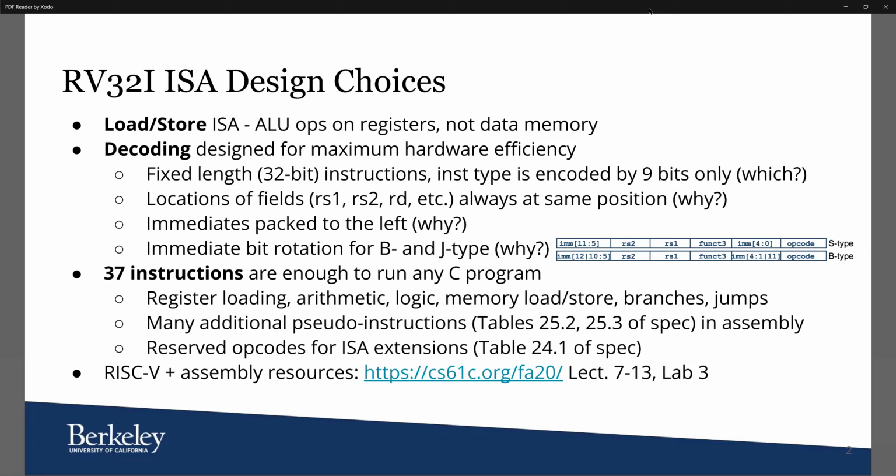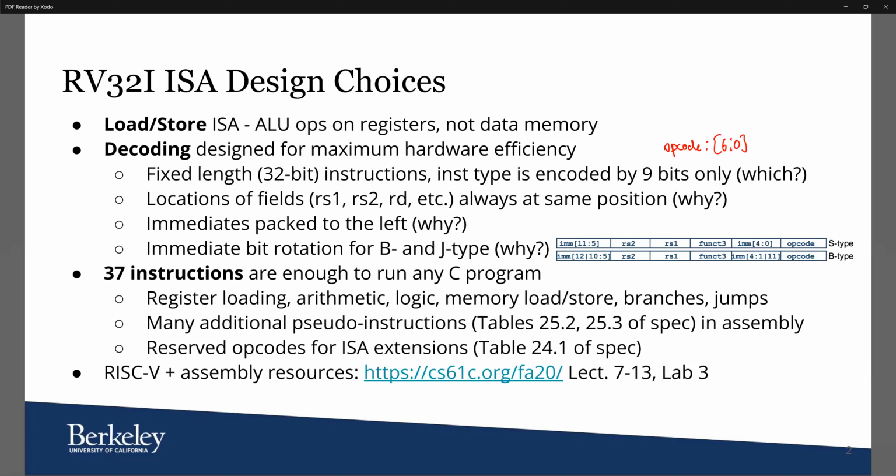Anyone know off the top of their head which 9 bits in the instruction actually encode instructions? The opcode and function. So opcode, which bits are opcode? Which section is opcode? From 0 to 6. Correct. All right. What else is there? And funct is at